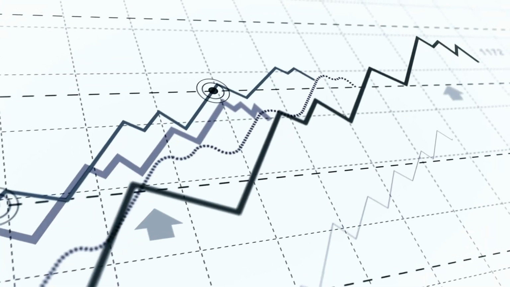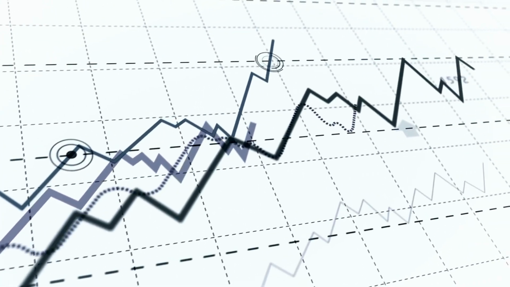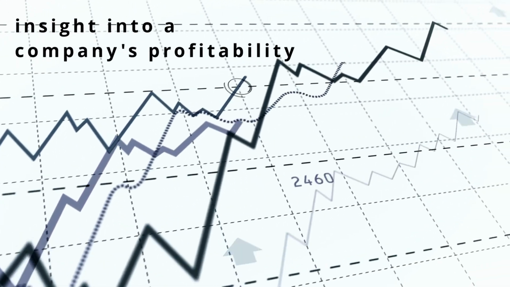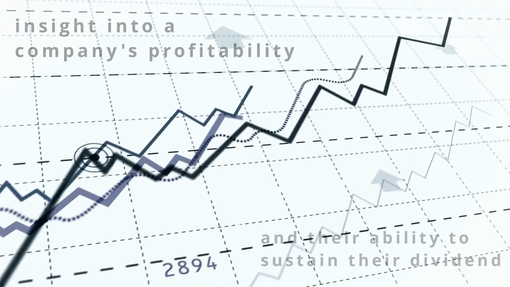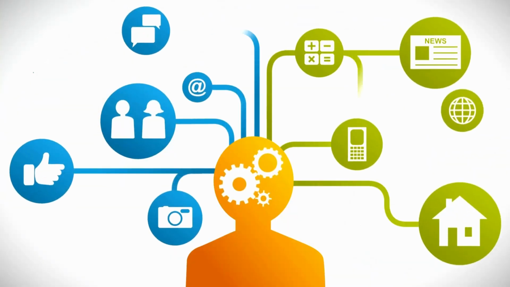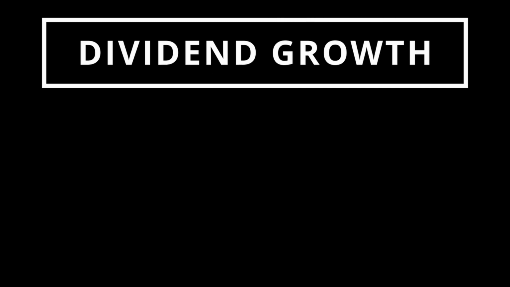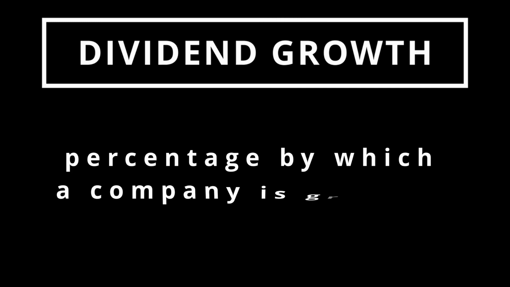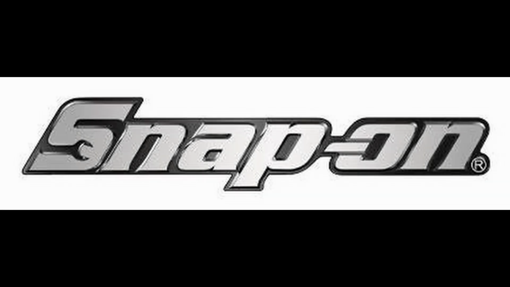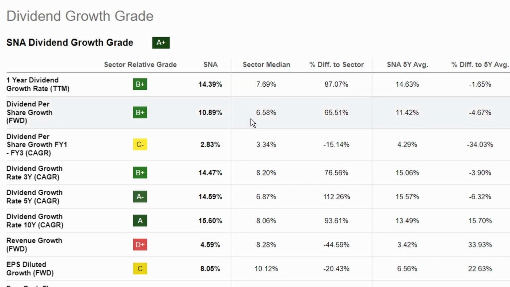The idea is that those three metrics together will provide valuable insight into a company's profitability and their ability to sustain their dividends. Let's break down each concept a little bit further, and we'll start with dividend growth, which very simply is the percentage by which a company is growing the dividend that they pay to shareholders each year. Let's use Snap-on as an example. They have a 5-year dividend growth rate of